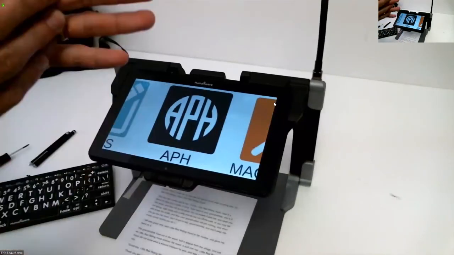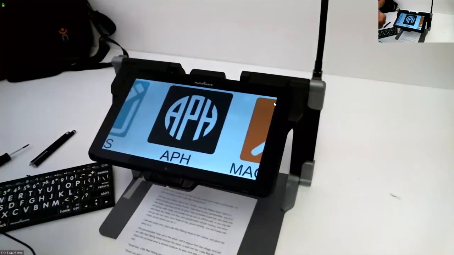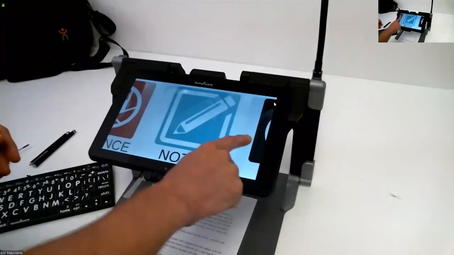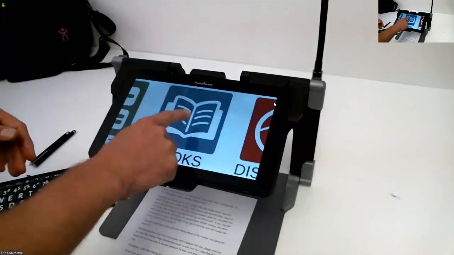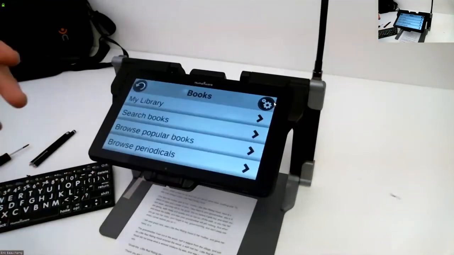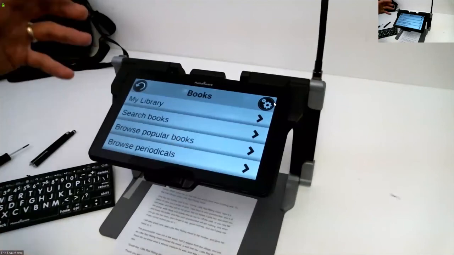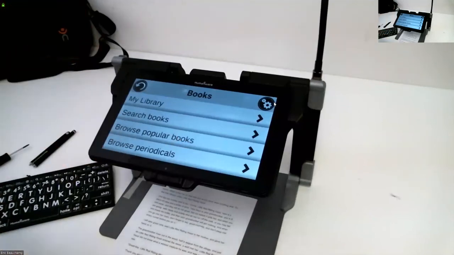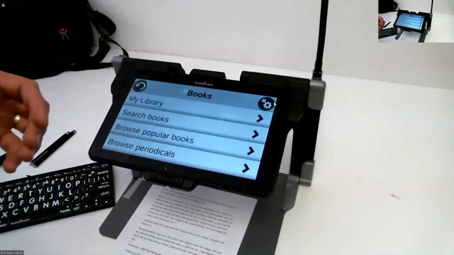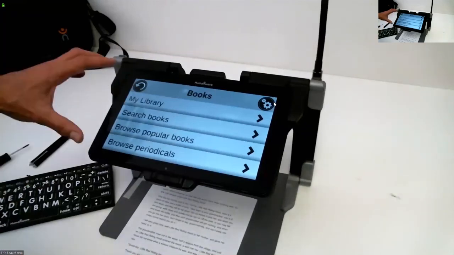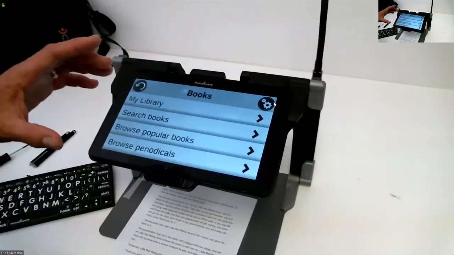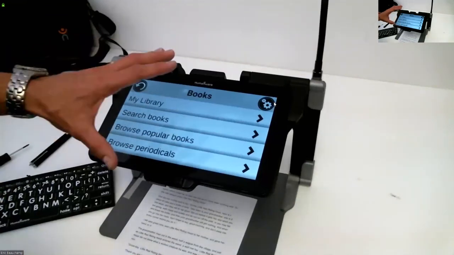Okay. So I've got about 5 minutes before we hit that 1 hour mark. The Books application is really an interface that we've made to connect to Bookshare. We've fixed a couple of issues with the Books application. Certain books weren't opening, so we tried to fix as much as we knew of the books that weren't able to open. This is going to be evolving in the future, so expect more things coming for